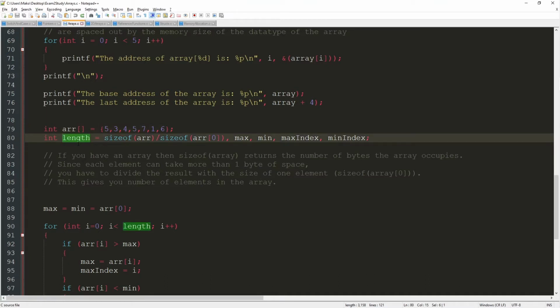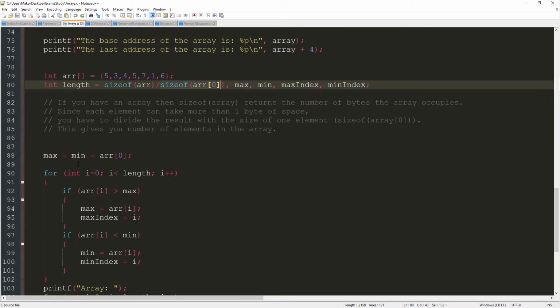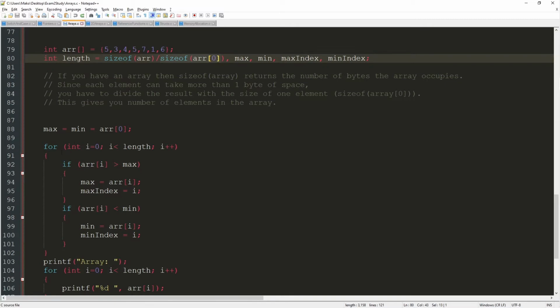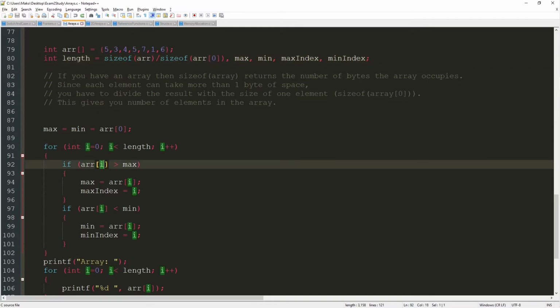To calculate the length manually, we use the size of the array divided by the size of the data type of the array. So in this case, if you take the sizeof an array, it returns the number of bytes the array occupies, and then if you divide it by the size of one of the elements, which in this case is pretty much always element 0, you get the total number of elements in the array. And here I'm just doing math to find the smallest position,